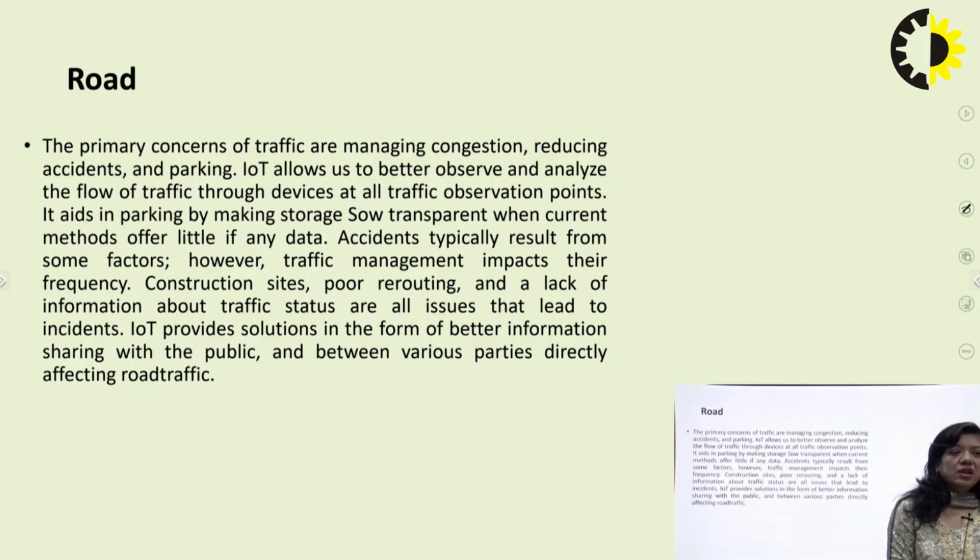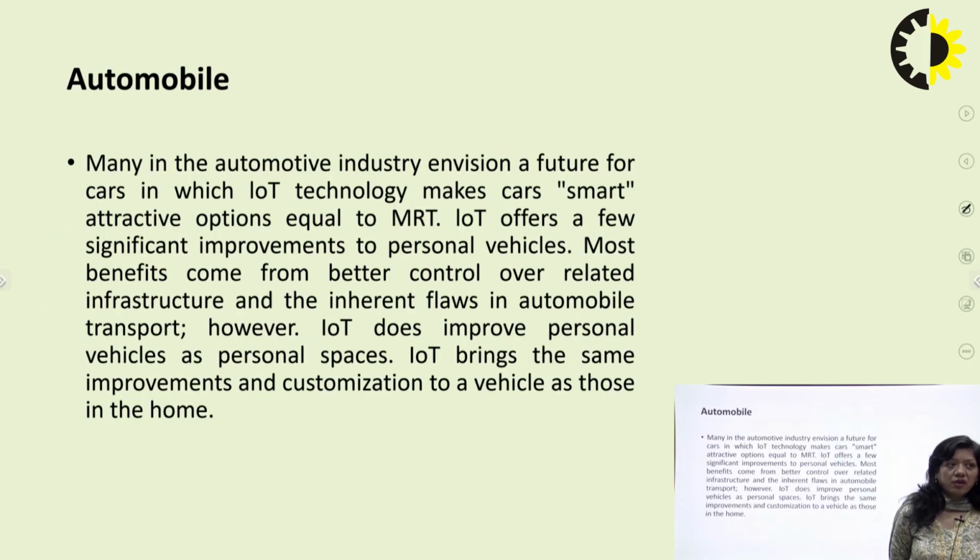Accidents typically result from some factor. However, traffic management impacts their frequency: construction sites, poor rerouting, and a lack of information about traffic status are all issues that lead to incidents. So IoT provides solutions in the form of better information sharing with the public and between various parties directly affecting road traffic. And in the case of automobiles, many in the